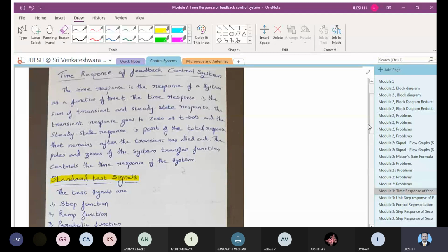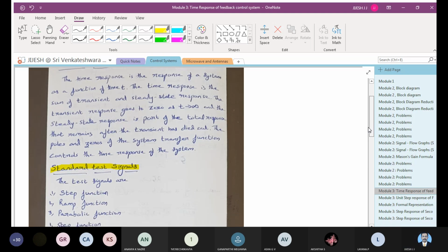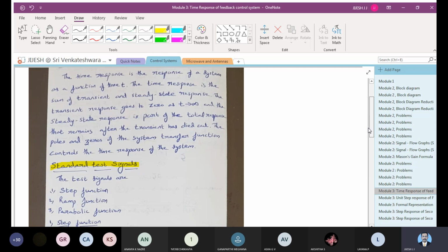All of you should solve the numericals in the assignment and submit it. Almost 5 to 6 are theory questions and the rest of the questions are problems. You need to solve it, make a PDF and submit it. And when you come to the college, submit the hard copy to me. Once you complete it, just let me know.